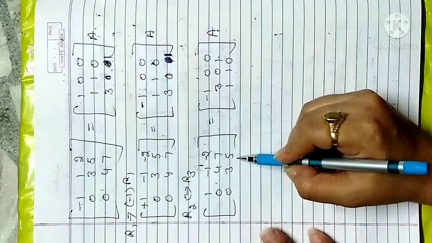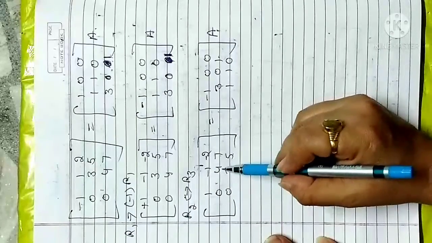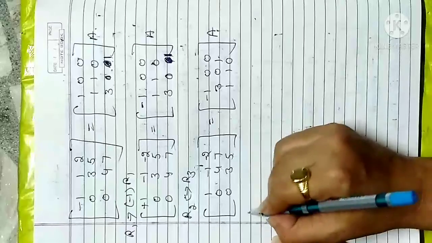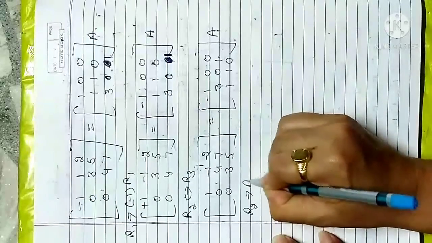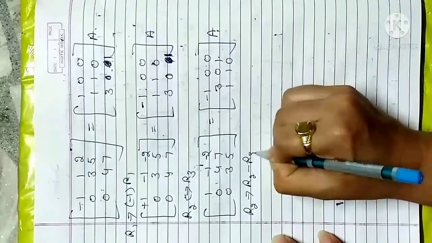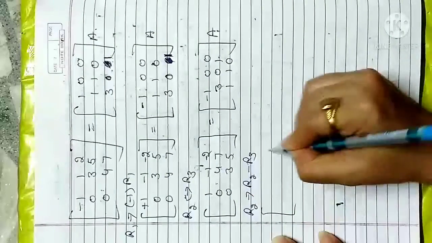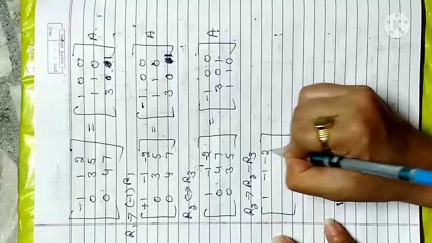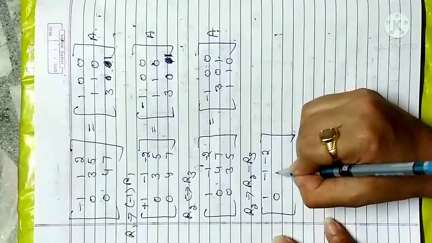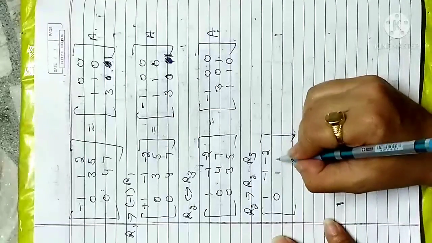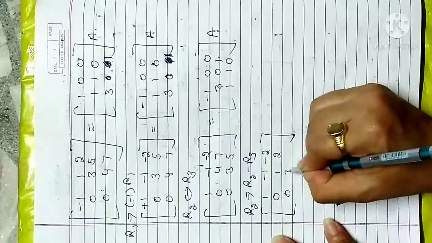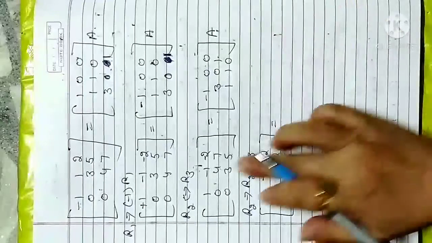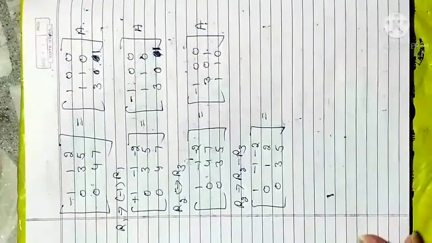Then later on, now I want to make this 1. So what I do, I apply row 2 minus row 3 here. This will give me 1 minus 1 minus 2, 0, 4 minus 3 is 1, and 7 minus 5 is 2, and the third row as it is. Leave space for the right side because we do that later after getting all my operations here.